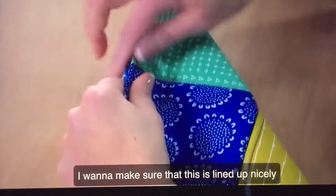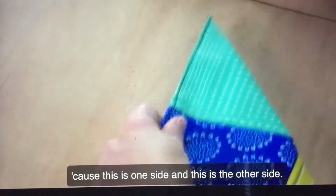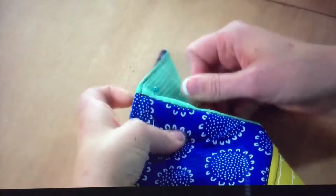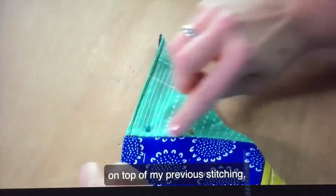And then I'll place a few pins. I want to make sure that this is lined up nicely and that this seam matches the seam on the back and that it's the same height right here because this is one side and this is the other side. So once I have it all lined up the way that I like it, I'll place just a couple of pins. And now I'm going to stitch right on top of my previous stitching right down this line as far as I can go